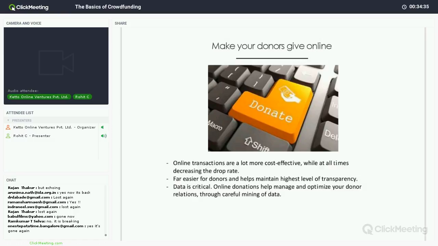Easier for donors. It's far easier for donors and helps maintain the highest level of transparency. Data is critical. Online donations help